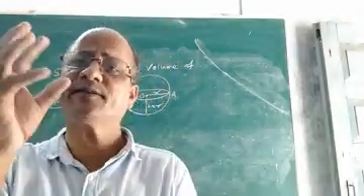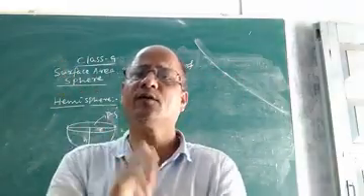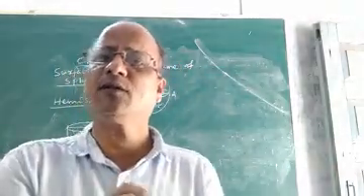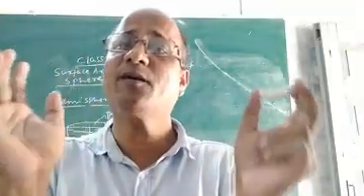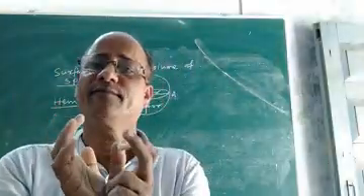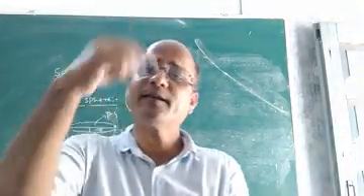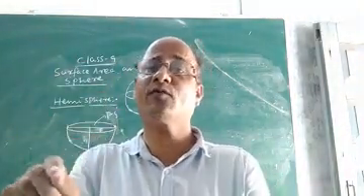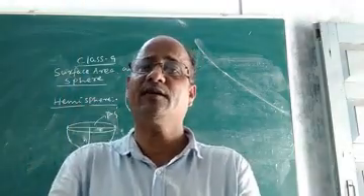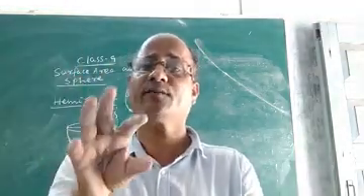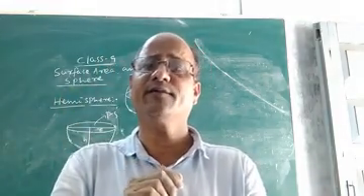Tennis ball, you must have seen a tennis ball. You must have seen a football. What is the shape of a tennis ball? It is spherical in shape. What is the shape of a football? It is also spherical in shape. The term spherical is derived from the word sphere. Football, tennis ball, etc. These objects are spherical in shape.